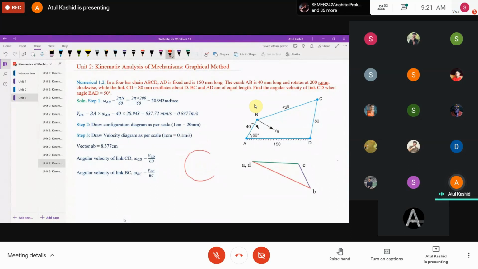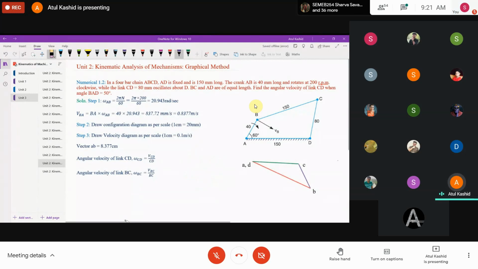So this is a circle. My particle A is over here. Now, if it is rotating in the anti-clockwise direction, after some time it will reach this position, so its direction of velocity will be in this direction. Again, after some time, it is going to reach over here. The direction will be tangent to the circle, right? So this is the basic thing you have to remember in the velocity diagram.